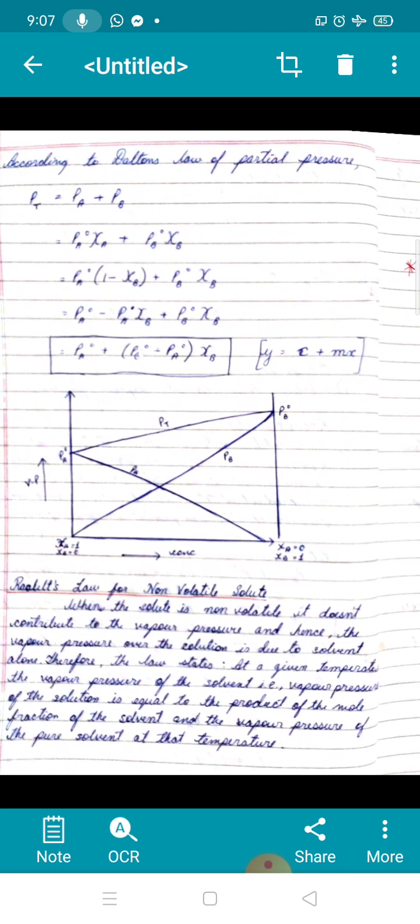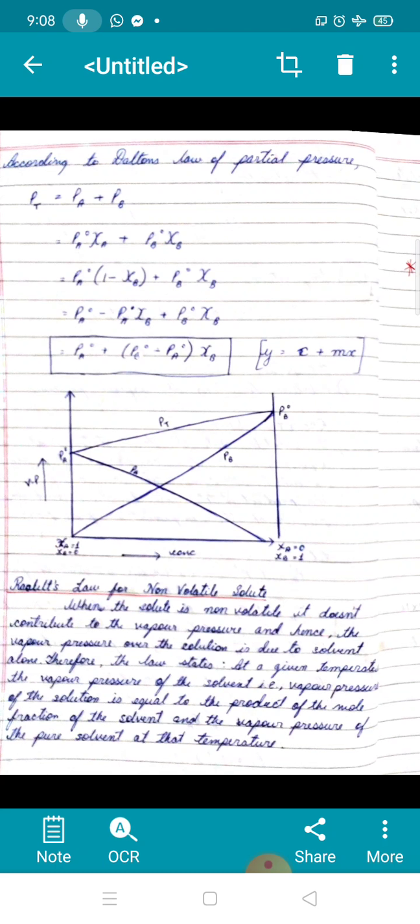Now you may notice here we have so many variables. Our P total, which changes with time, so it is variable. PA naught and PB naught are constants because these are the vapor pressure of the pure component. Chi A, that means the amount of A in the solution, will change with that of B as we mix them. As you know, sum of the mole fraction has to be 1. If I add more of B, chi A will decrease. So chi A and chi B, they are both variables. So we are getting an equation in 3 variables. And equation in 3 variables is a complicated situation.